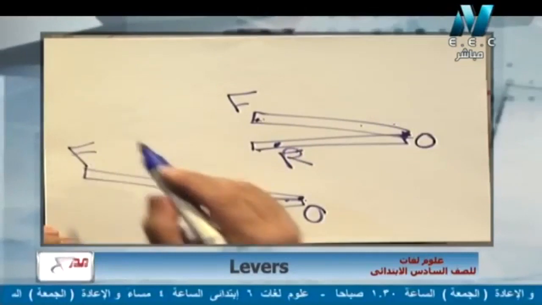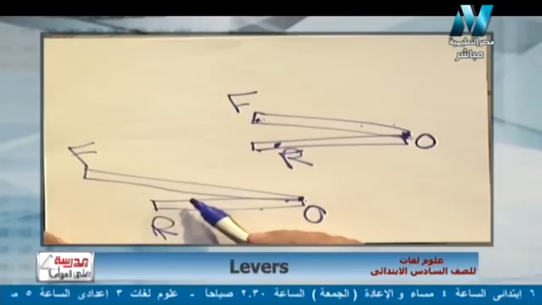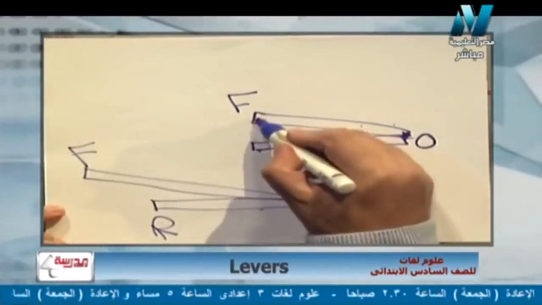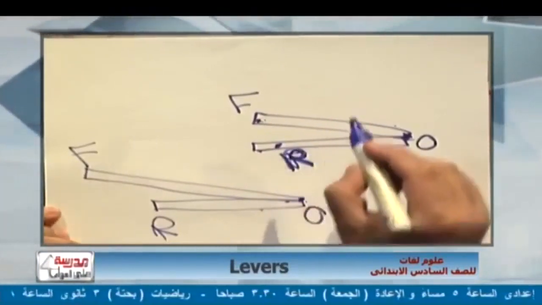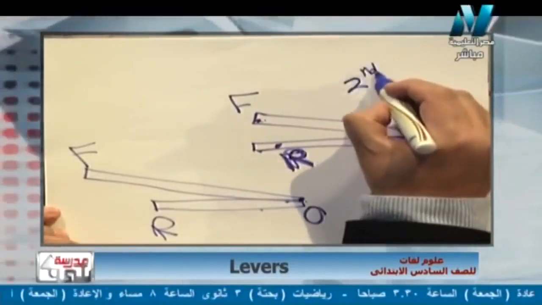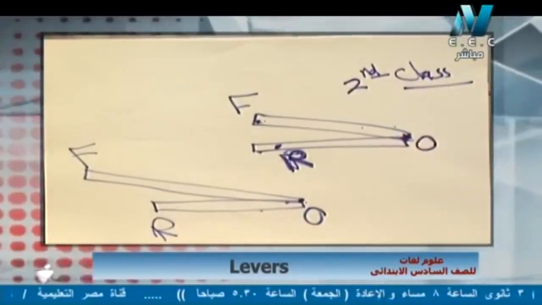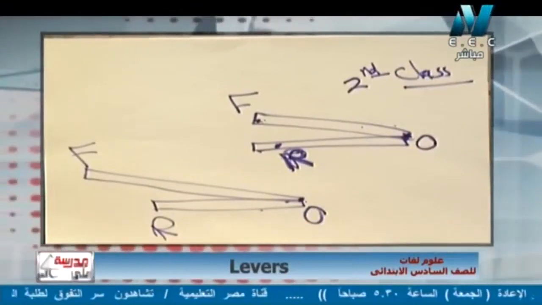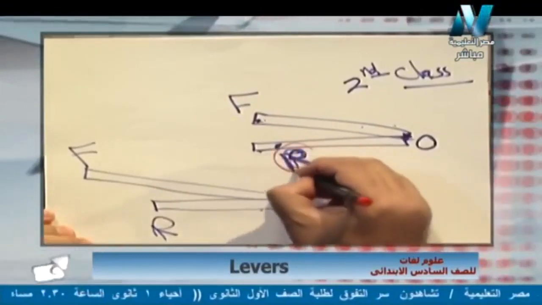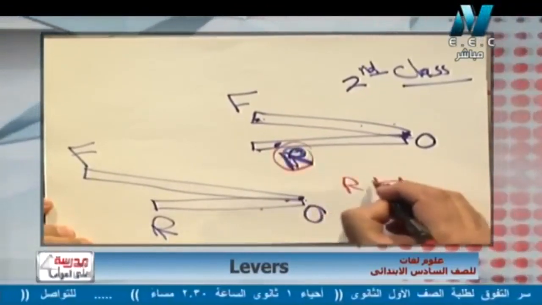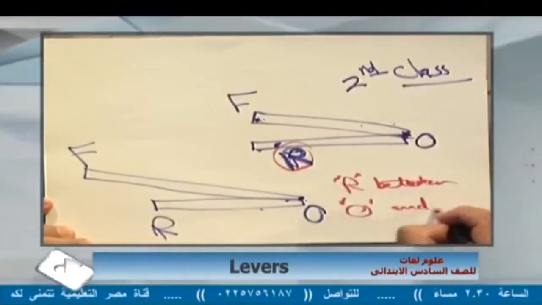Sure, here is the effort force and resistance. So in both types of stapler, whether short, small, long or big, I will always find the effort force outside of R, so R is in the middle. So the stapler will be a second class lever. Some references say the stapler is a first class lever. Of course this is not correct at all, very wrong. Stapler is a second class lever. Why? Because it has resistance between O and F.